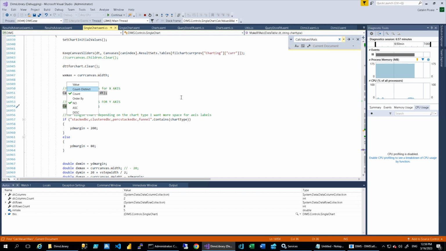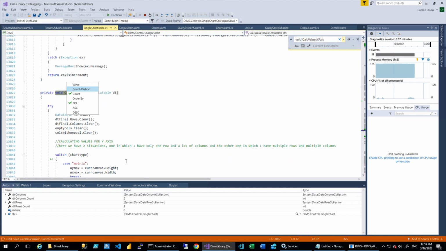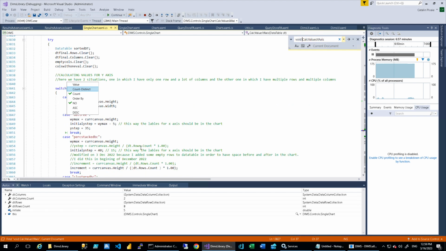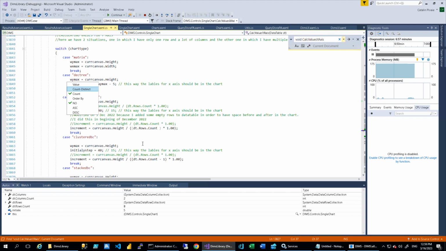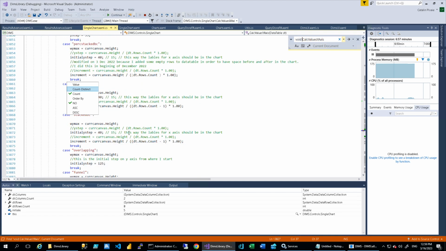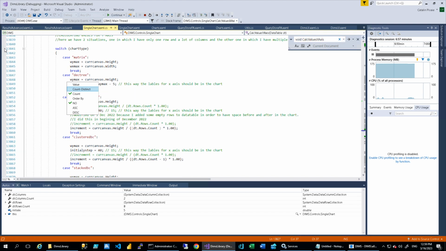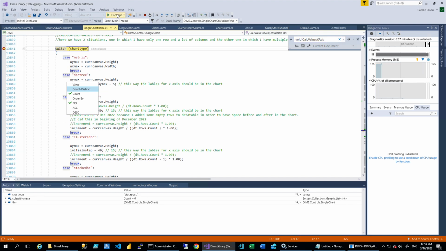Y-axis, calculate values for y-axis, void, and switch chart type we have, and this is stacked. Okay, stack bar chart. Let's leave the code to run. Continue, and next,